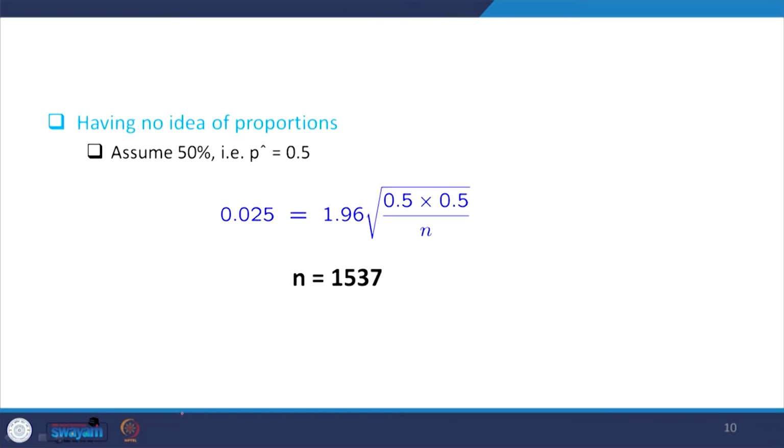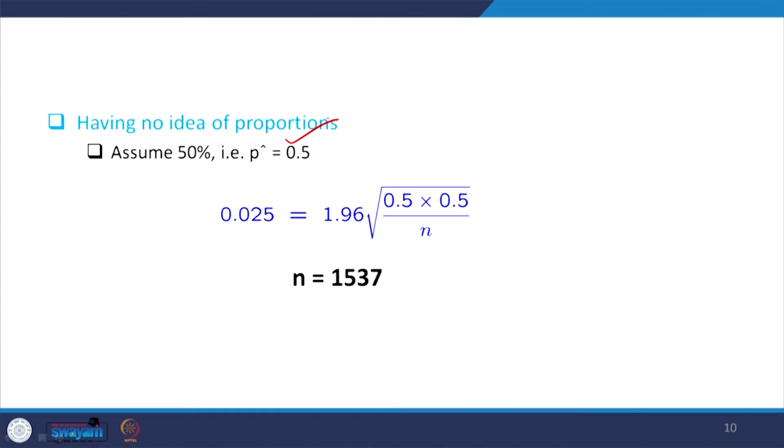Now, when you have no idea of the sample proportion, you may have guesstimated or have certain proportional information, but in a number of cases the population and its proportion are not known. In that case you have to guess 50% success and 50% failure, so 0.5 is considered to be P. You have to assume that if you do not know the probability of one as against another, success as against failure. Like how many support the government, there are many contexts.